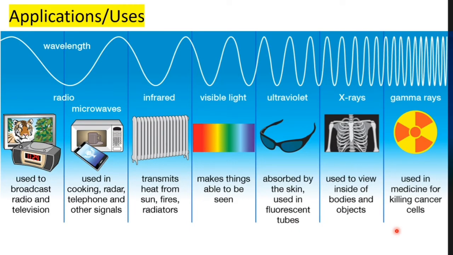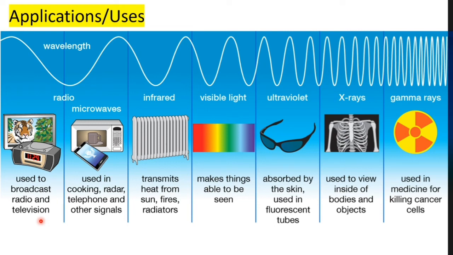Now let's see some of the applications of each type of wave. First we will see radio waves. Radio waves are longer in wavelength and lower in frequency. These waves are used in radio and TV broadcast. Microwaves are used in radar, microwave ovens, telecommunication and mobile communication. Infrared is used in laser metal cutting, night vision, night photography, remote controls, alarm systems. It can also be used to see if someone has a fever or not.